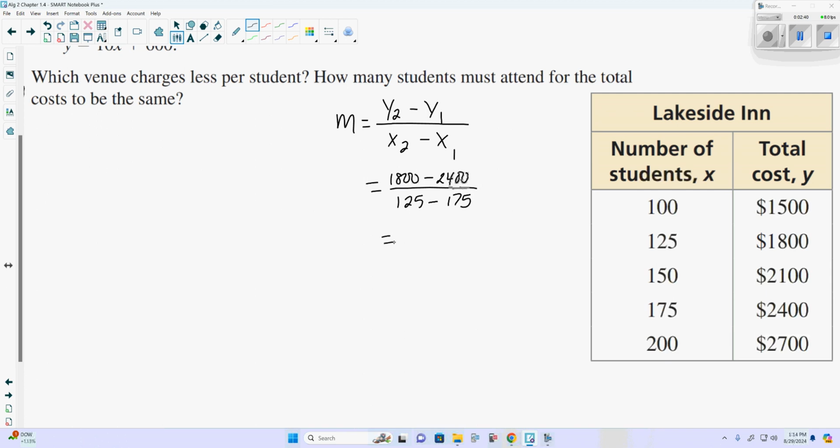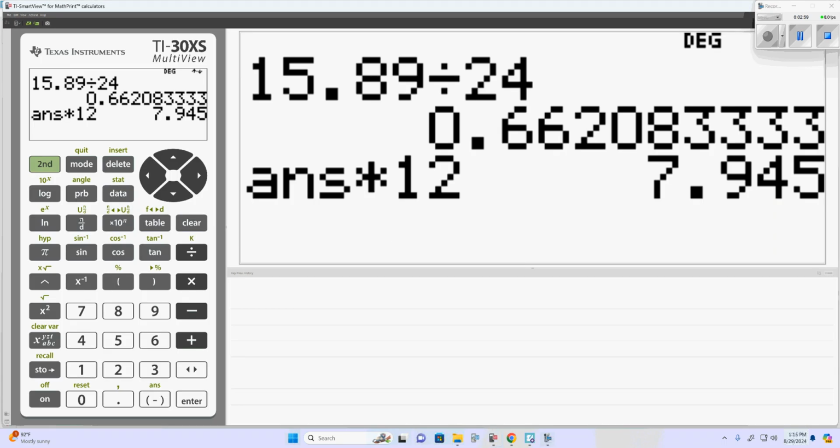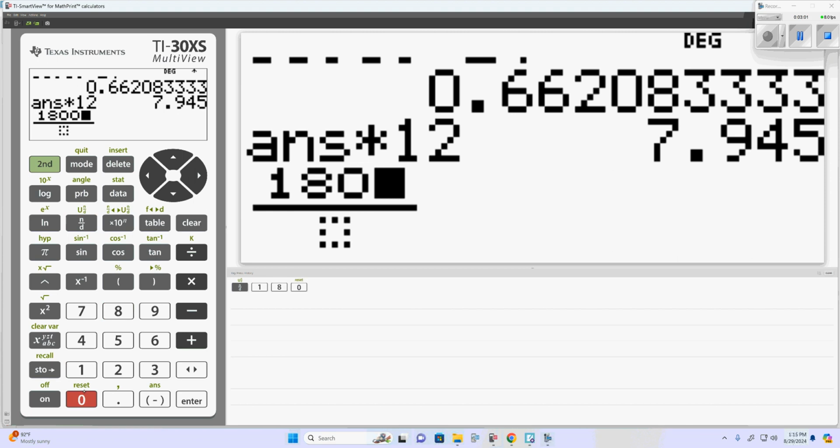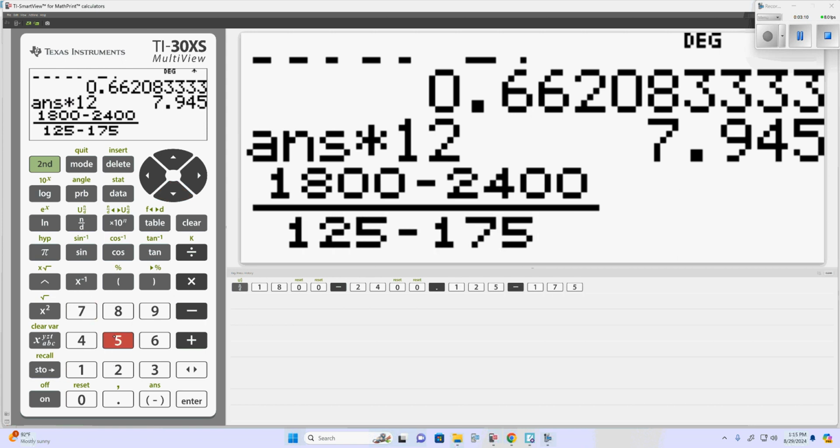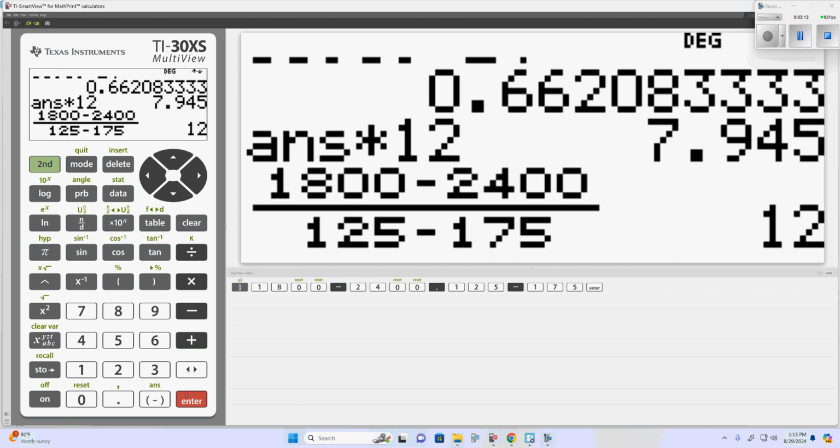Now at this point we can plug this into the calculator and let it do it for us, or we can do it by hand. It really doesn't matter which we do. 1800 minus 2400 over 125 minus 175. I'm going to pull the calculator up. 1800 minus 2400 over 125 minus 175. And our slope is